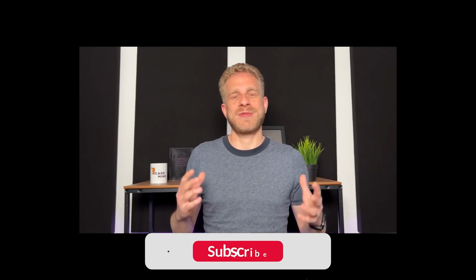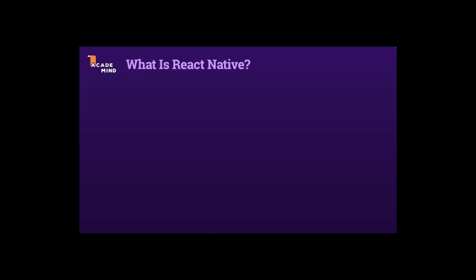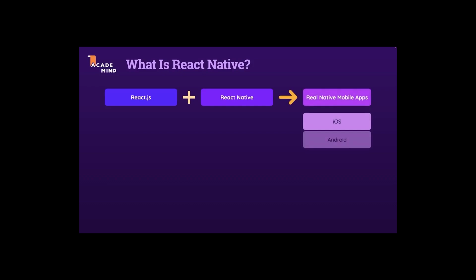React Native and how does it work? So, what exactly is React Native? Well, as the name implies, it is related to React.js. And with React.js and React Native, you can build real React Native based mobile apps for iOS and Android, which